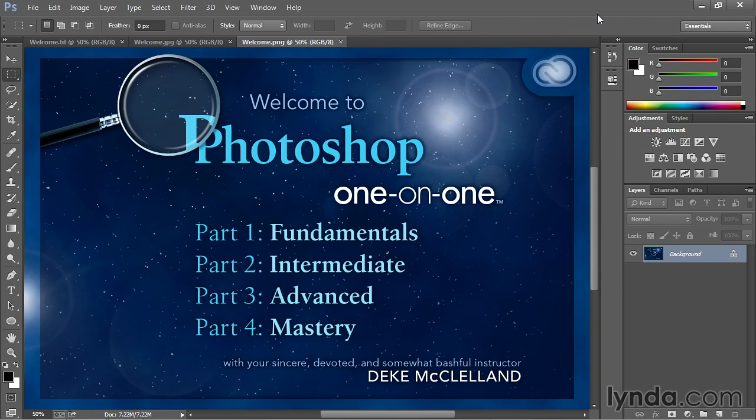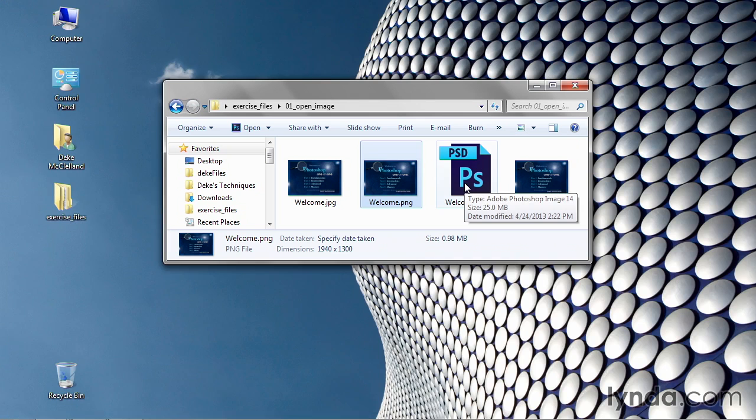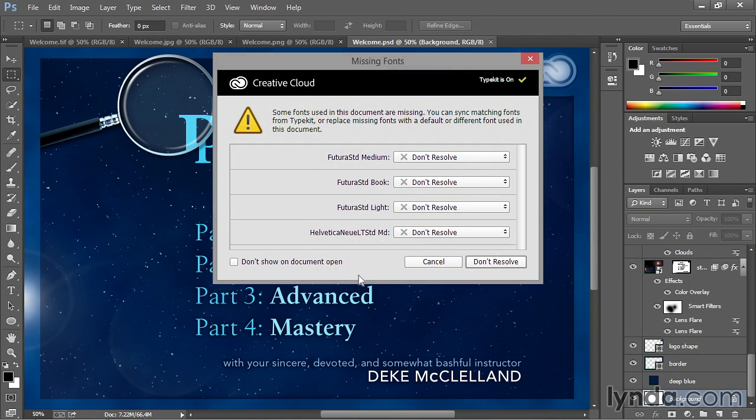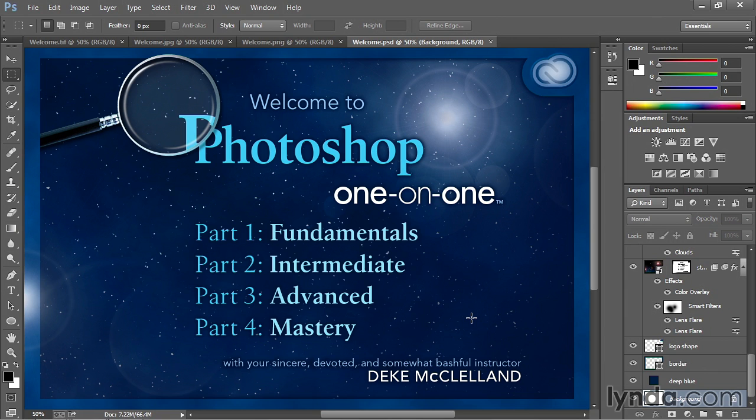Just one more file that we need to test, and that's the native PSD document. I'll go ahead and minimize Photoshop and double-click on that file. Now, chances are very good that the file will open inside of Photoshop, but chances are equally good that you'll get this missing fonts warning that's telling you that you're missing one or more fonts inside this document, and your list may appear longer than mine. Now, in any other program, this is a big problem because it means all these fonts will need to be substituted with different fonts that are available on your system. But in Photoshop, all you have to do is click on the Don't Resolve button, and Photoshop will go ahead